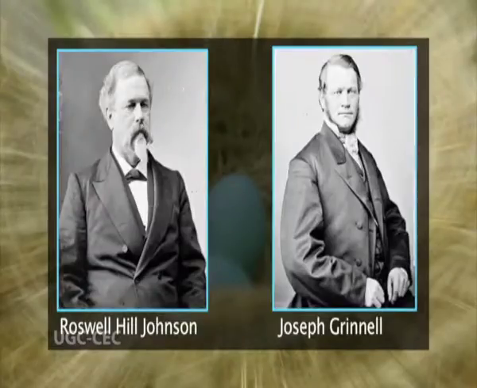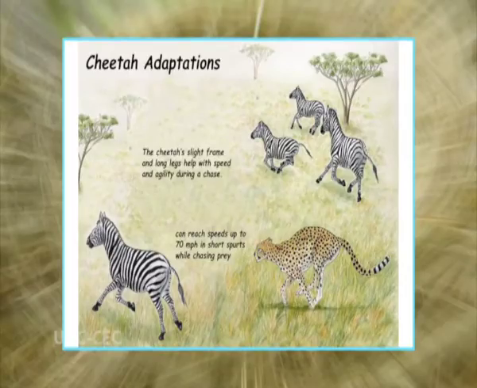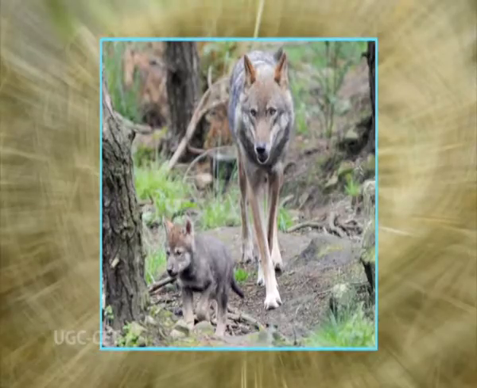as a whole. In ecology, the term was coined by the naturalist Roswell Hill Johnson, but Joseph Grinnell was probably the first to use it in a research program in 1917 in his paper, The Niche Relationships of the California Thrasher. The Grinnellian niche concept embodies the idea that the niche of a species is determined by the habitat in which it lives and its accompanying behavioral adaptations. In other words, the niche is the sum of the habitat requirements and behaviors that allow a species to persist